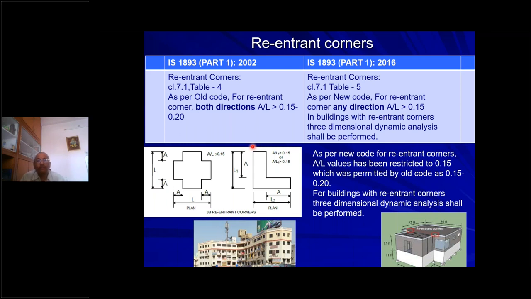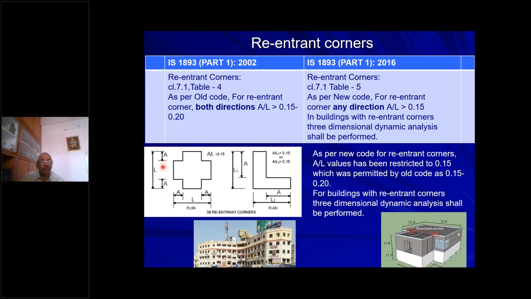Another change is with respect to the re-entrant corner. So earlier code, when to consider re-entrant corner, because at a re-entrant corner there are going to be stress concentrations. They are the regions where the cracks will emanate or start from those re-entrant corners. So that needs to be considered when we consider this re-entrant corner in the earlier code,